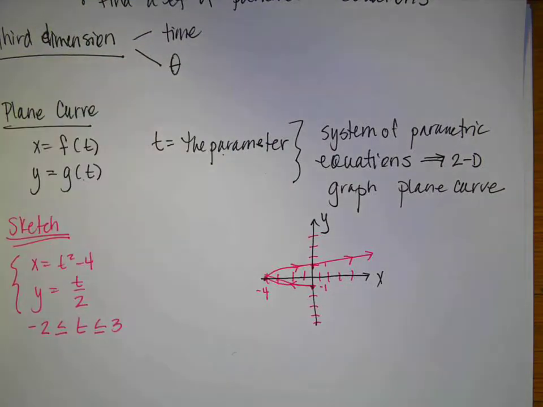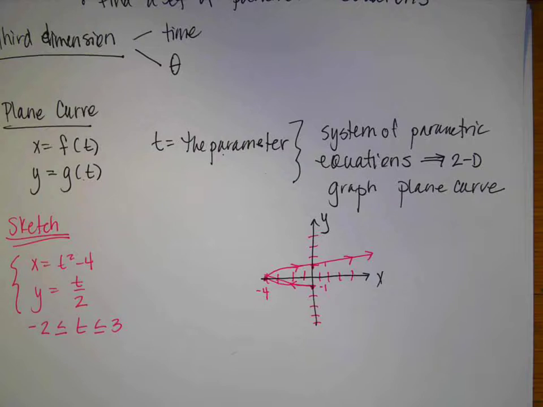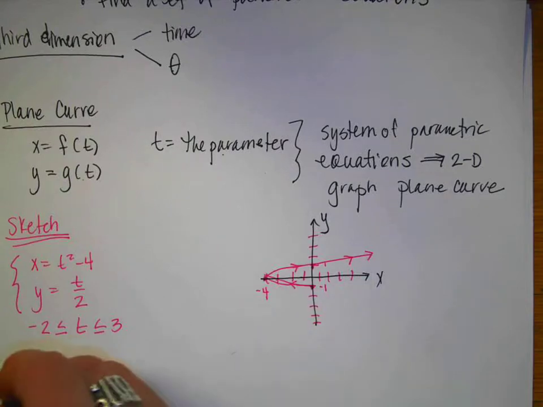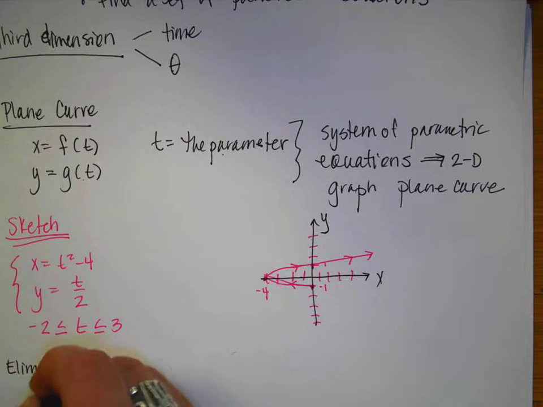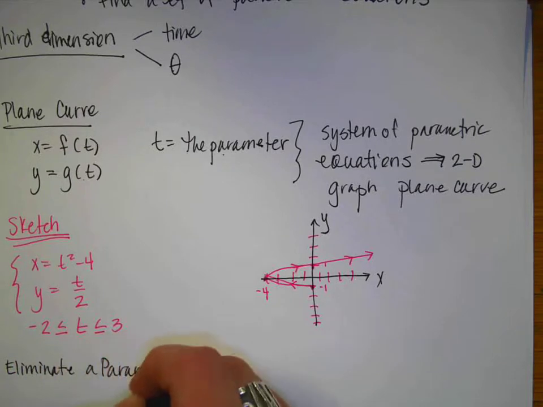And the only way that I can do that in a two-dimensional graph is by showing the arrows in which direction my time is traveling. All right. So that's actually really simple. So I can graph a set of parametric equations, look at the graph, and I can follow the progression of the graph. Okay? So the next thing that we want to do is we want to eliminate a parameter